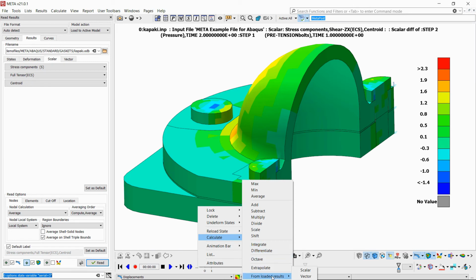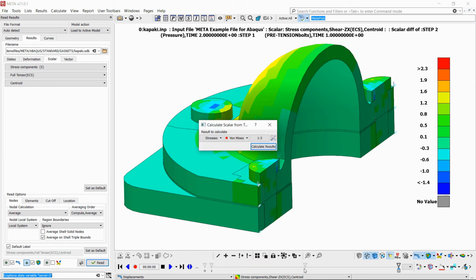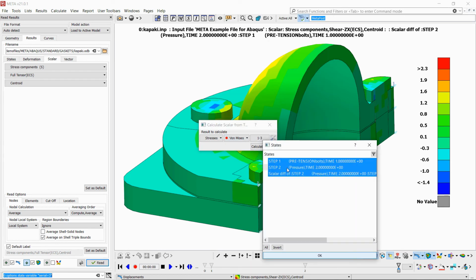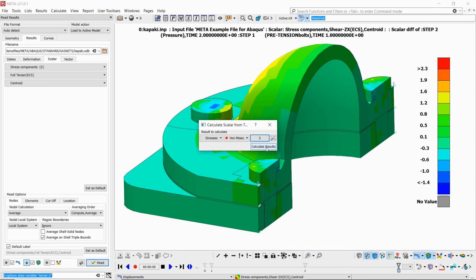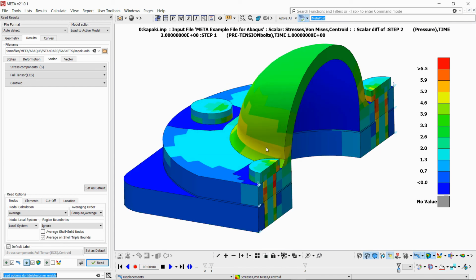So, from the same menu, if we now select from loaded results and then scalar, we can select to calculate the von Mises stress, for instance, for this newly created state, which holds the difference between states 1 and 2. So if we say OK and calculate results, we now have the von Mises stress for this new state we have created, which holds the difference between states 2 and 1.